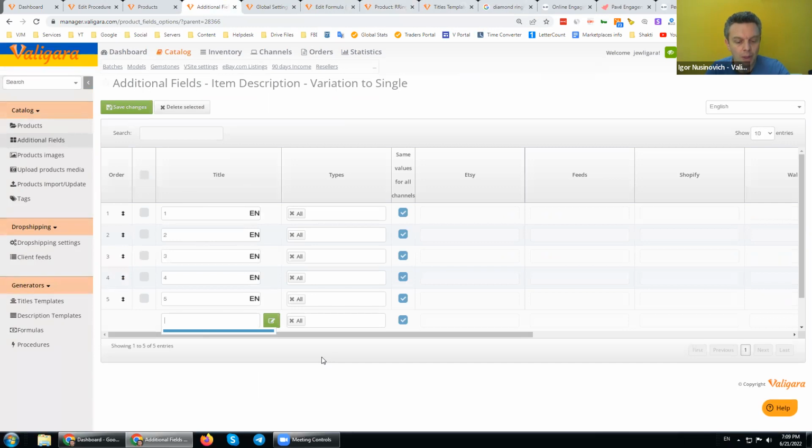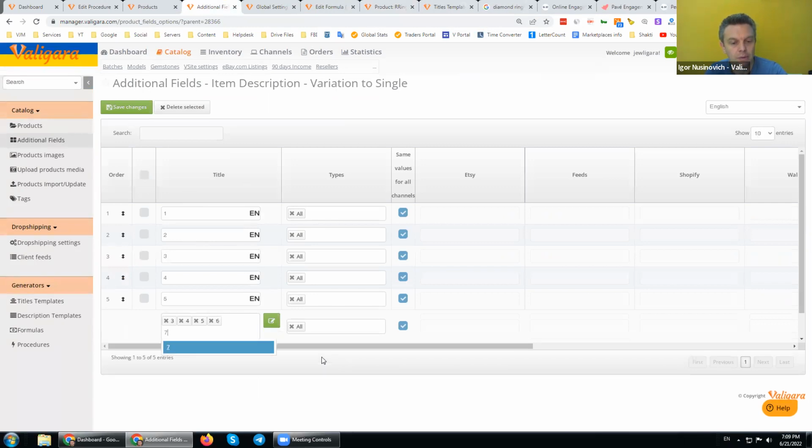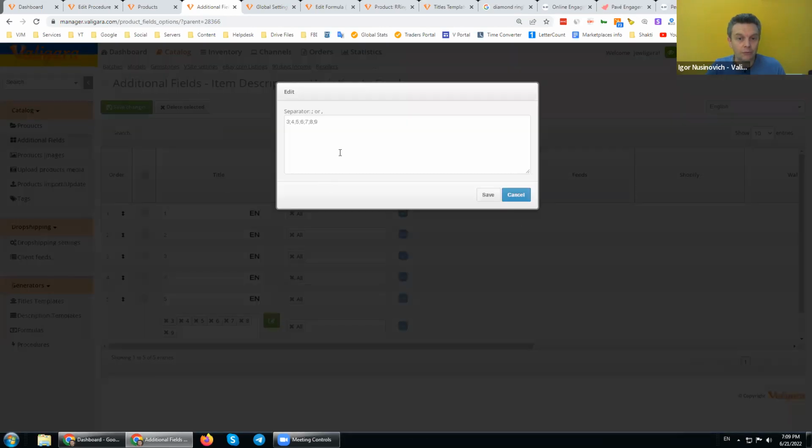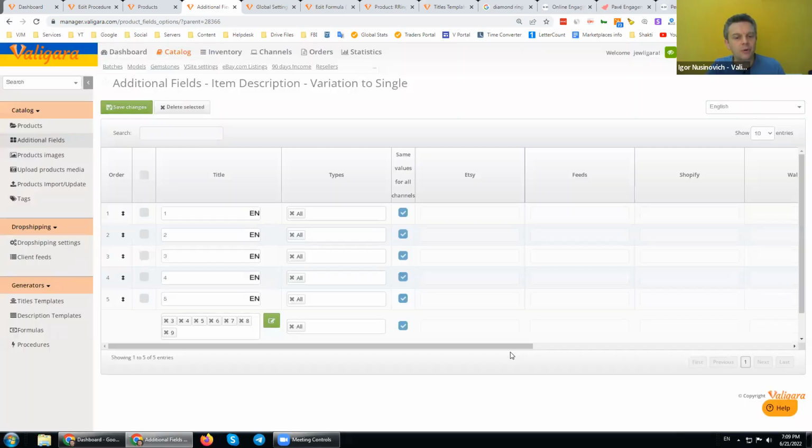So if I want to add a fourth, and so on, I can do it directly within some editor field, which can be comma separated or semicolon separated.